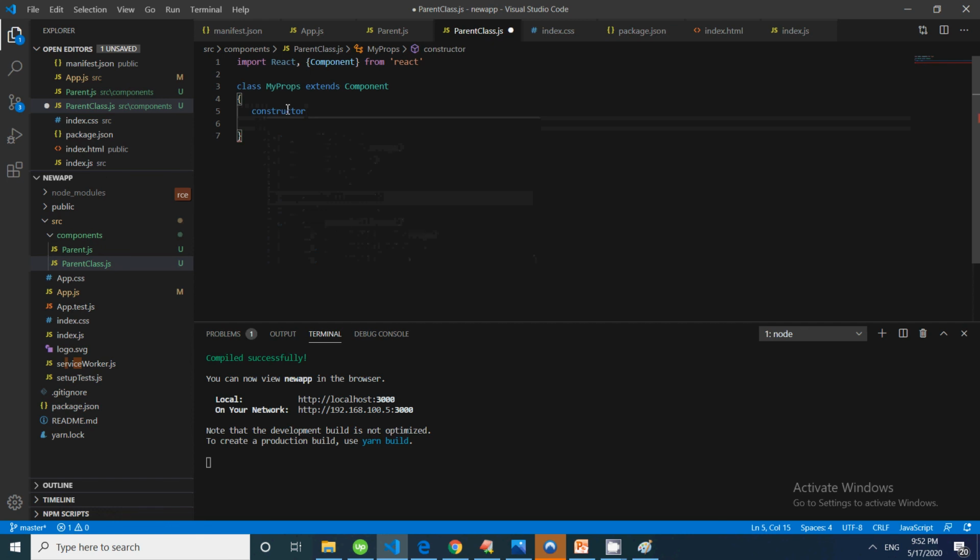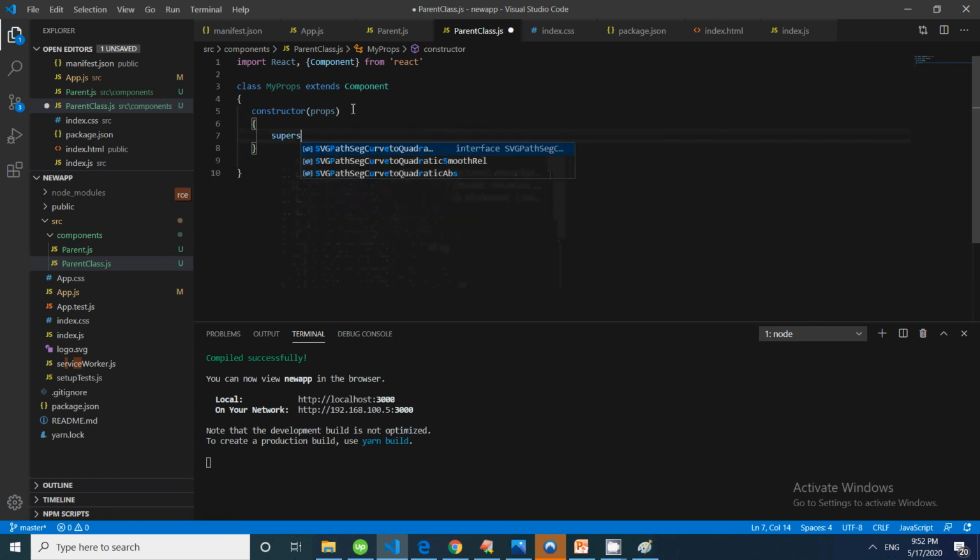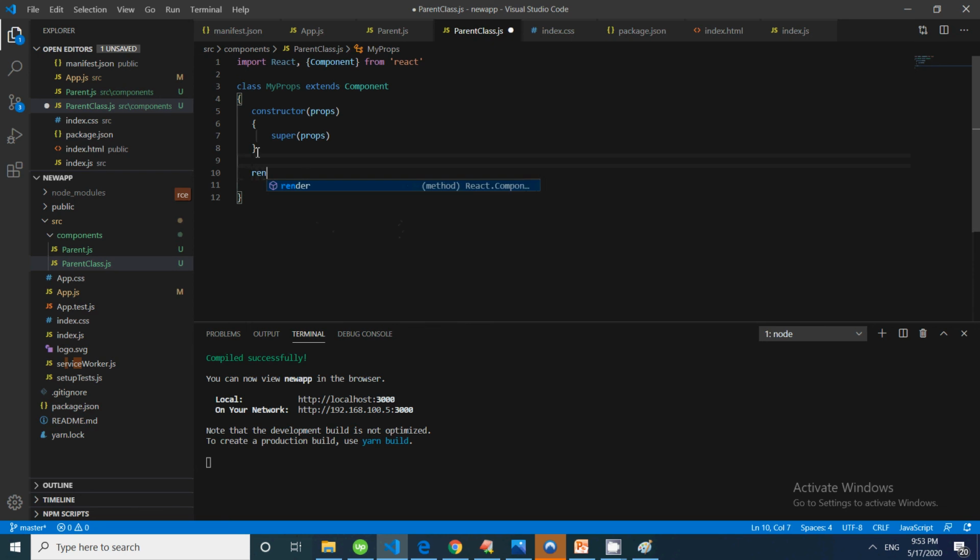So we will be creating constructor, and this constructor again calls the base class constructor super. So this is for constructor, and every class contains the render. If there is no render method, then that class is not a valid React component. So render and then return.